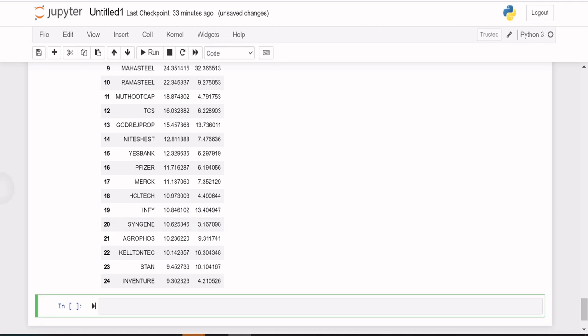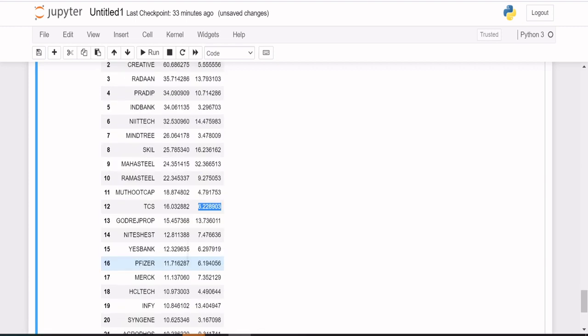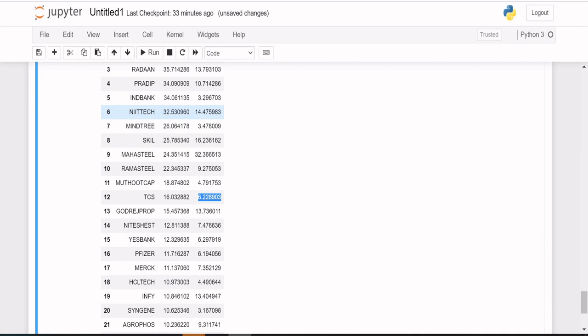Similarly, Infosys in 2018 grew 10%, and in 2019 it grew 13%. And TCS. So we have seen three IT companies and maybe one or two more. NIIT Tech is also an IT company, Mindtree is also an IT company. So I guess we had more IT companies in the top 200 in 2018 as well as in 2019.